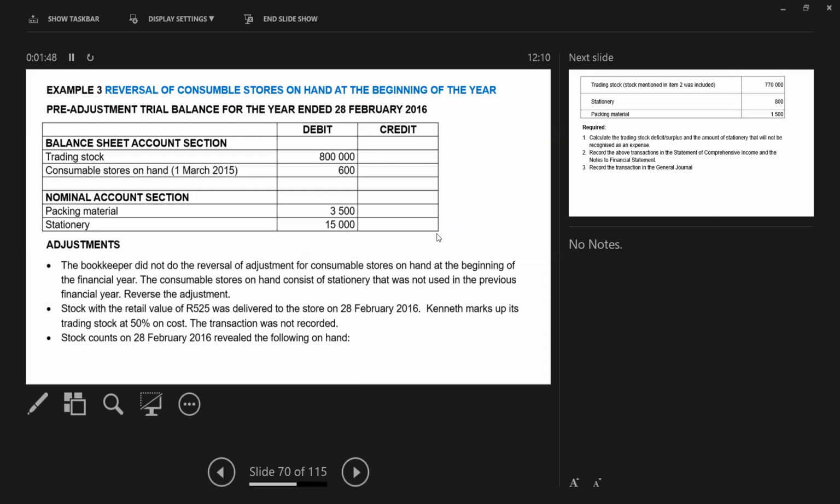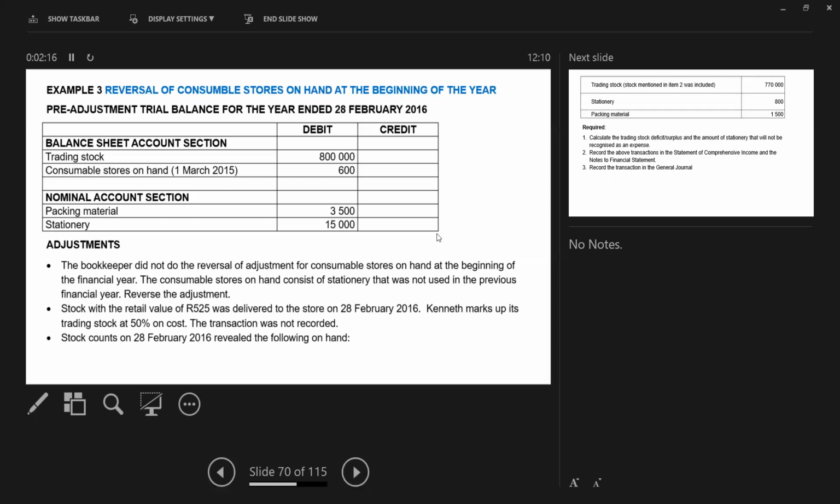That simply means that will be whatever we had. It can be packing material or stationery from the previous financial year that was on hand, which is 600. It was unused in the year ended 28th of February 2015. It was unused last year. At the beginning of the year, when we started the current financial year, that consumable stores on hand needs to